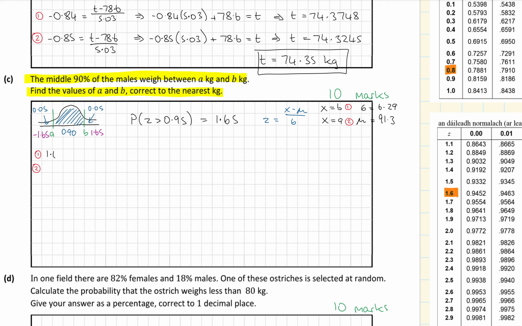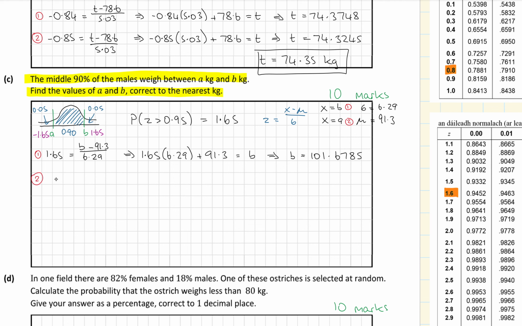we get 1.65 will equal b minus 91.3 over the standard deviation. So we get 1.65 multiplied by 6.29 plus 91.3 will equal b. All of that goes into your calculator. So 1.65 by 6.29 plus 91.3 will give me back 101.6785. And then for my a value,